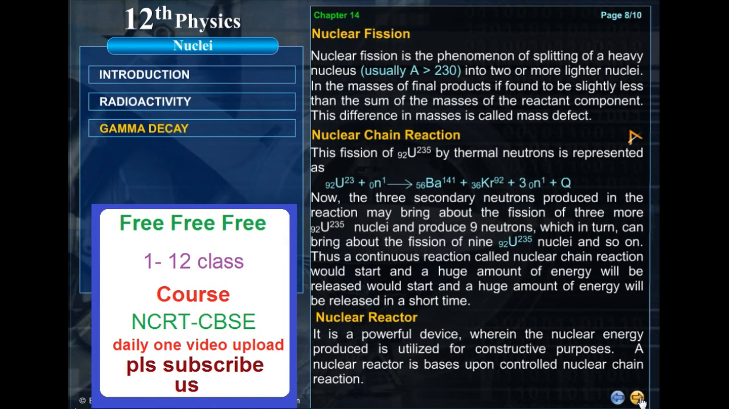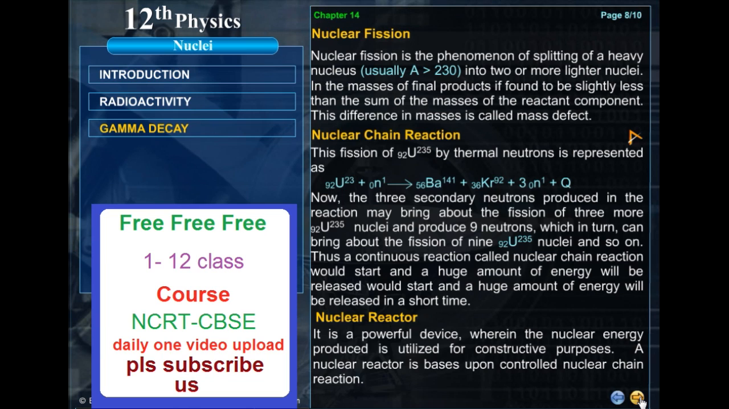The fission of 92U235 by thermal neutrons is represented as 92U235 + 0n1 → 56Ba141 + 36Kr92 + 3 0n1 + Q. Now the three secondary neutrons produced in the reaction may bring about the fission of three more 92U235 nuclei